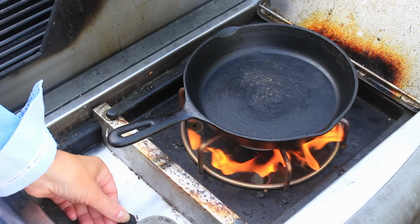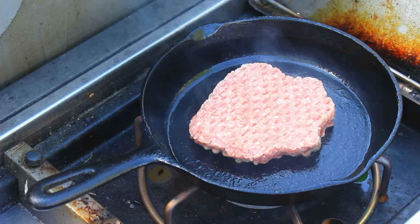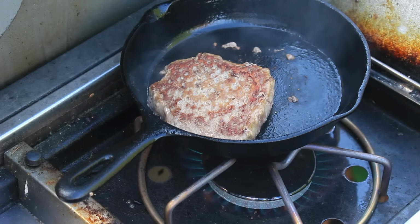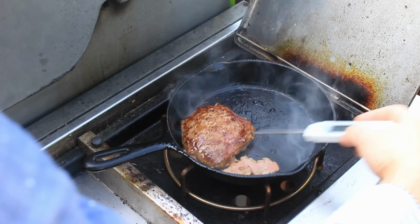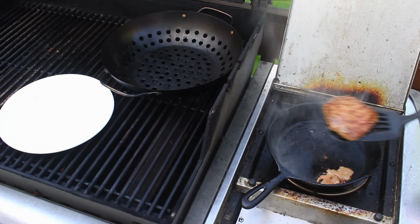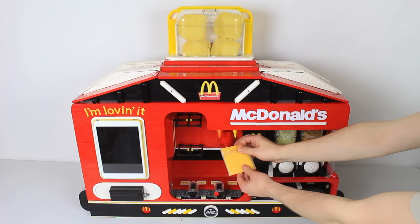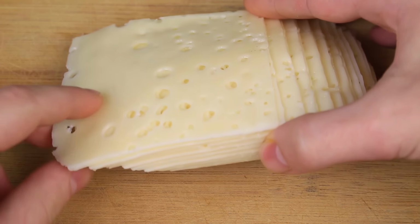So I pan-fried the patties first to dry them out a bit, as well as to give them an initial sear. Whew, that's hot. 145. Okay, that's good. We're taking it off. Avoid that burger booger. The optional toppings start with cheese, and sliced cheese is a nightmare because they typically come